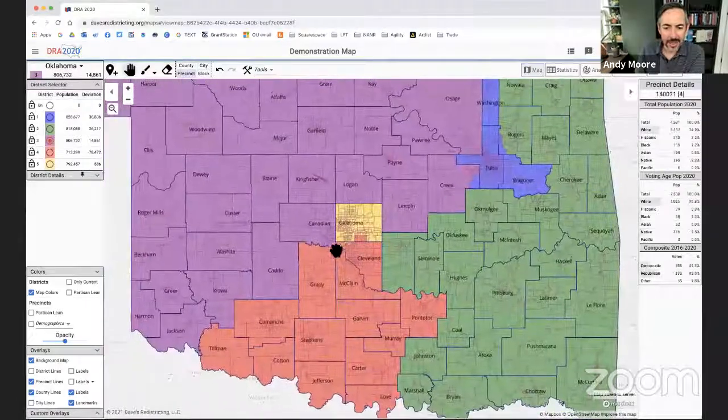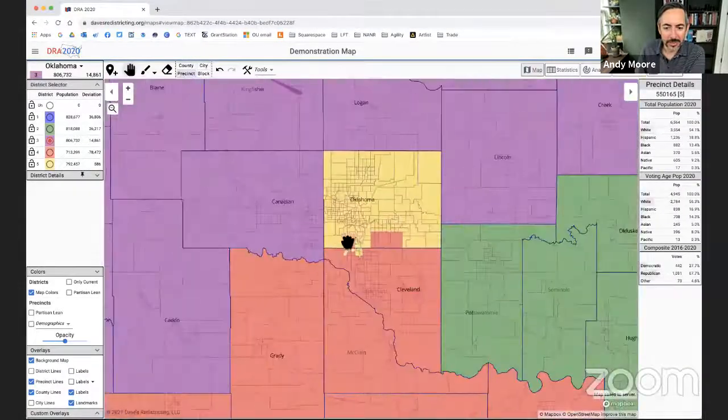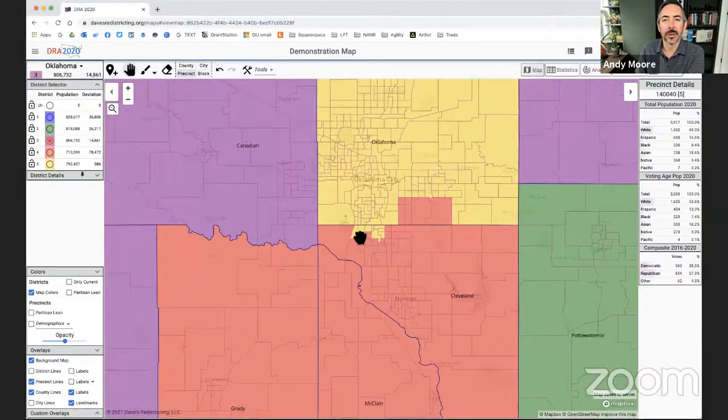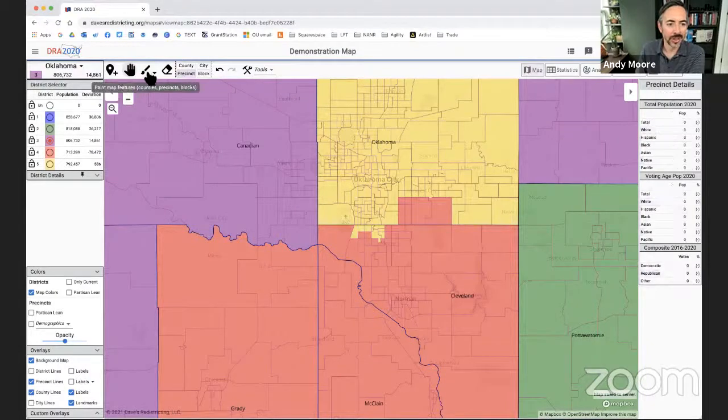And I suspect it's because, well, they don't want to, right? The longer they wait, the easier it is for the incumbents who know what district they live in to run for re-election, but it keeps the rest of us in the dark. And also, if I'm going to give them the benefit of the doubt, which I don't feel like I should, but if I was going to, I would say